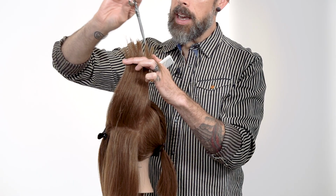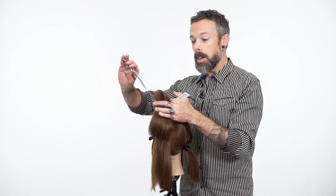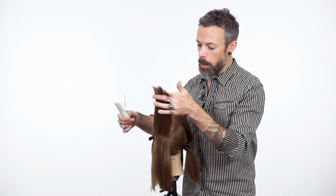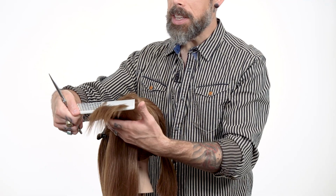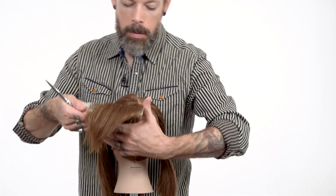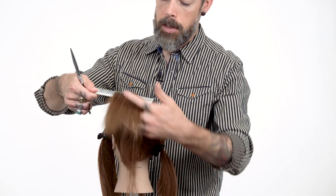Now, with this kind of compressed large section cutting, if you're not that dramatic with your movement, you're not going to see the texture as it falls back down into its natural fall. And that's one of the ways that we can soften up the fact that we're taking such a big, large, heavy section. So next, let's pick up everything from the bottom, elevate it to the exact same point,